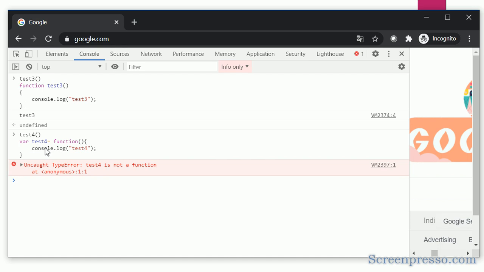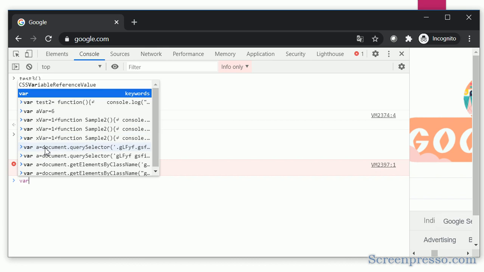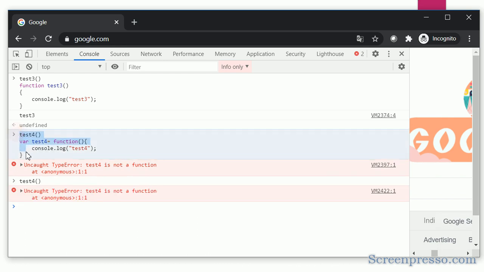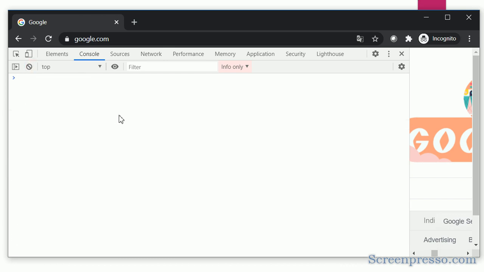Another disadvantage: if you declare a function, you cannot override it easily. If you want to override, the same name has to be repeated. Some complexity will be there, but here it is not like that. If I call now, I think I will face an exception, yes, because both pieces of code are declared on the same line. Here itself I am getting the exception, so it is not getting executed. Maybe I will execute now. Then again I am trying to call that function test4. I am not getting the exception.